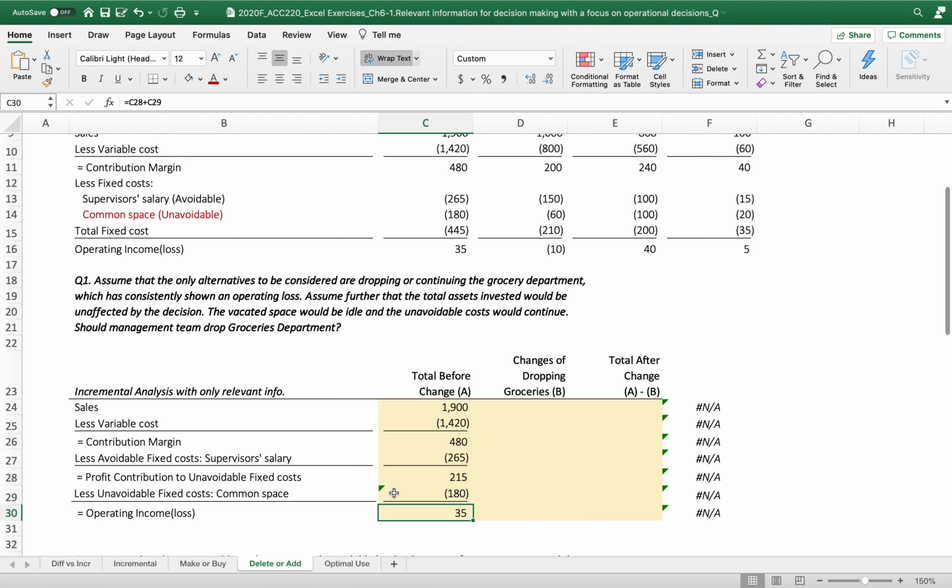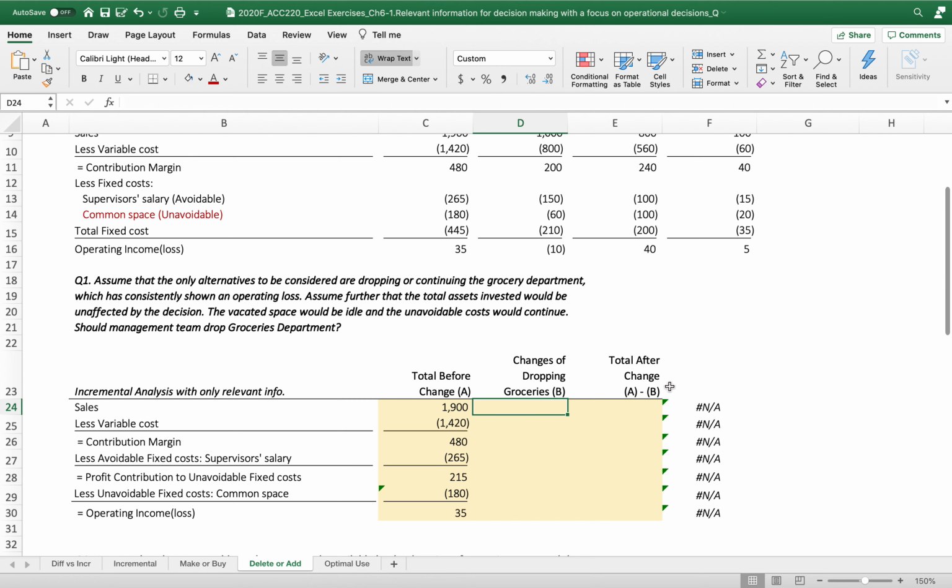We just reclassify the order of these fixed costs to distinguish between avoidable fixed cost and unavoidable fixed cost, in order to put the relevant information onto the changes from dropping the grocery department. Now